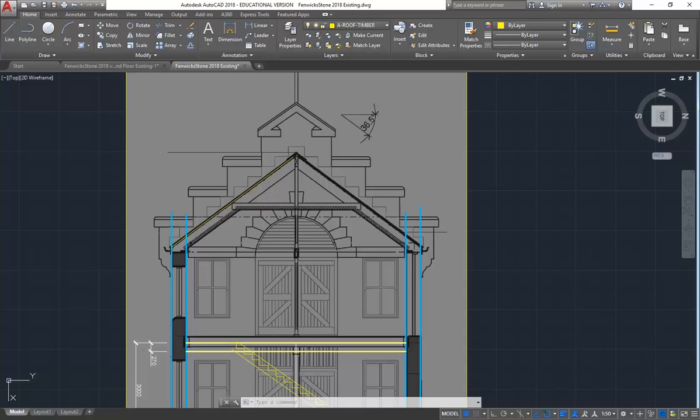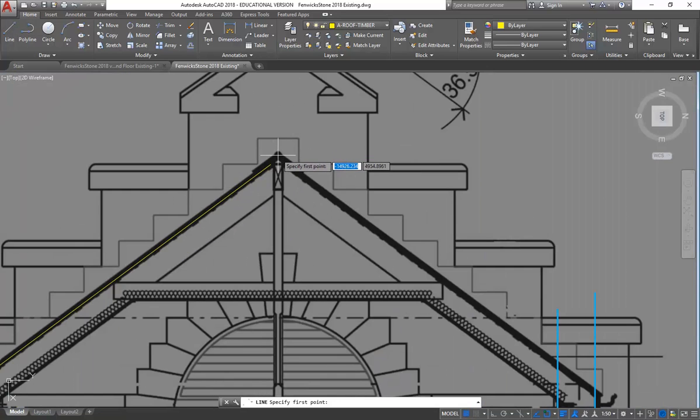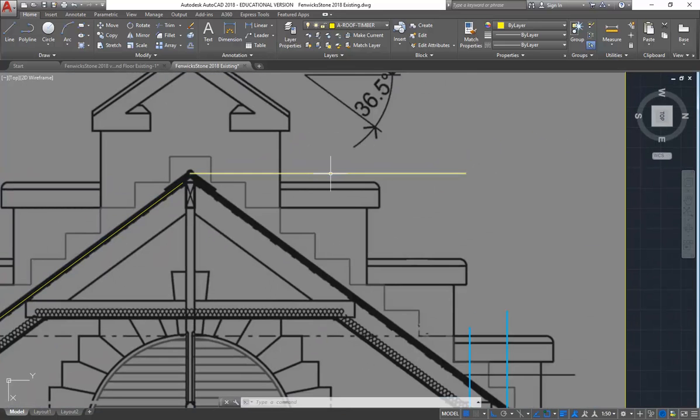So using the AutoCAD calculator, if I type in 180 minus 36, oh, that's not the way it's been measured. Let's just go to it from there. And just to demonstrate, the angles are the same. So measuring down from this line,